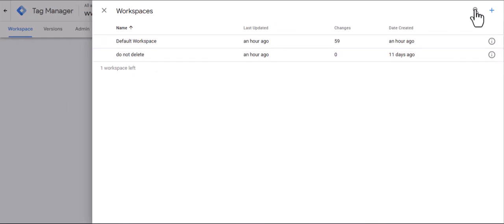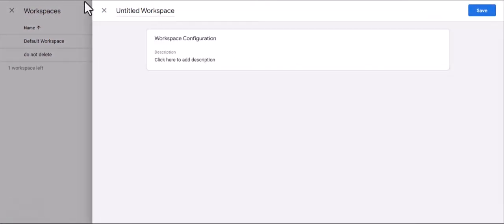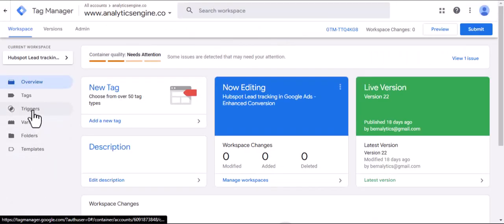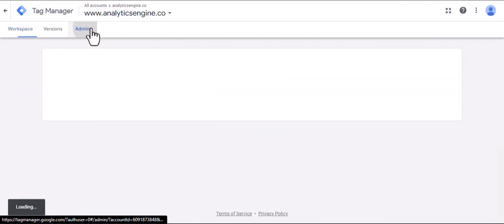All right, you will create a new workspace and you will name it Hubspot's lead tracking in Google Ads. And let's add this conversion title here. Next, you will go to the admin section,